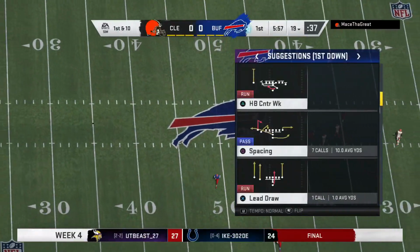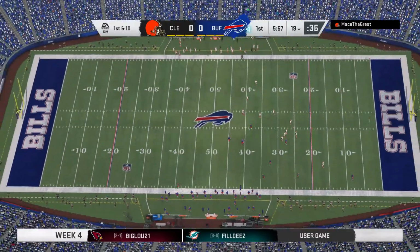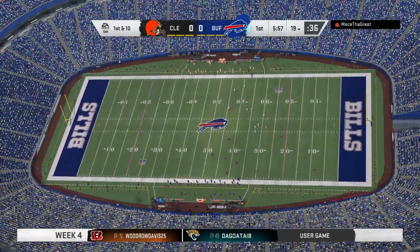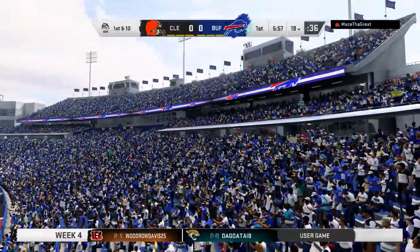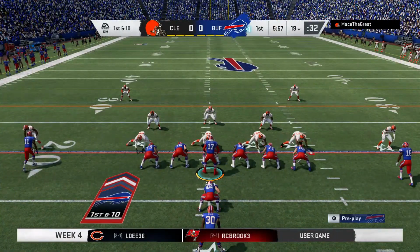Go! Let's go! $319! 53 is the mark. Check pass. Check